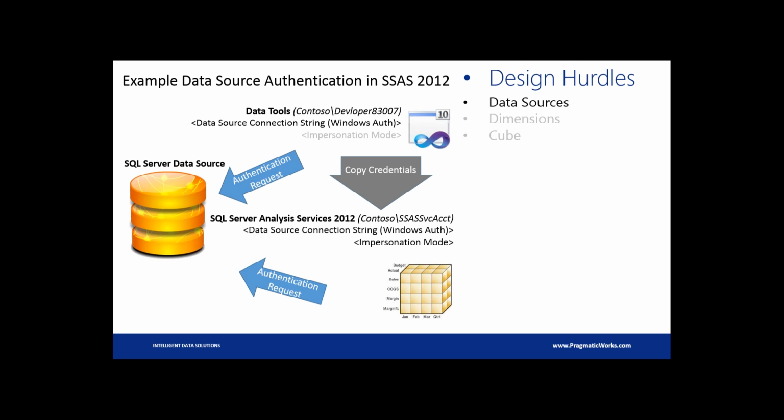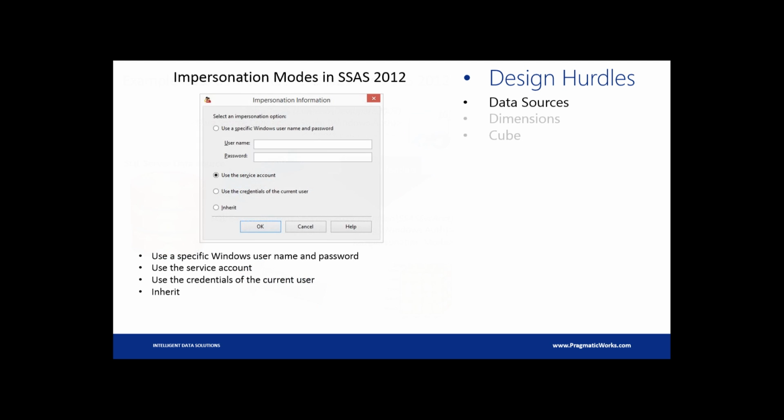So let me go to the next slide and explain the impersonation modes. Some of you may have seen this dialog box, and there are four different ways that we can impersonate our Windows user. The first one I'll talk about is the third one, which is user credentials of the current user. I have noticed that's a red arrow. Generally, you do not want to use this, mainly because 99.5% of the time,